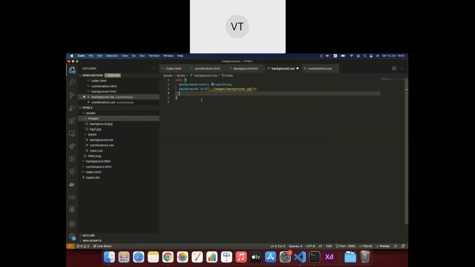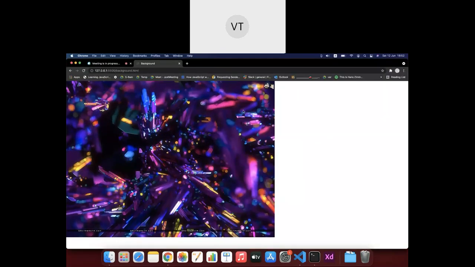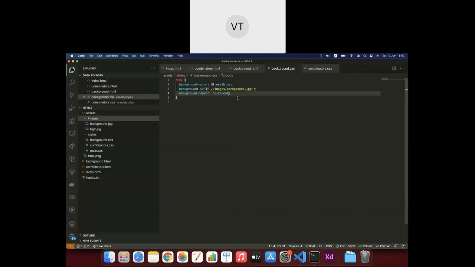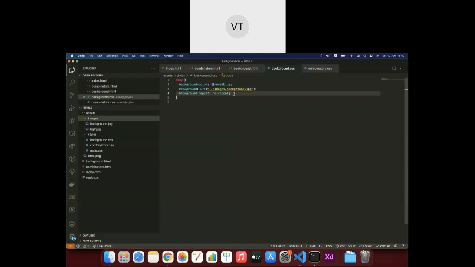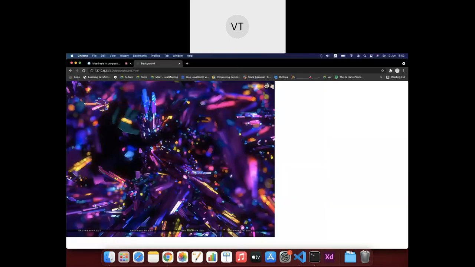So what we can do then is use a property called background-repeat. If I specify no-repeat, it's not going to repeat anymore. It is going to show only the background which it can, and after that it's going to be the default background for your page. Here, this is one thing, and I think you can see there is a space underneath this image because the image